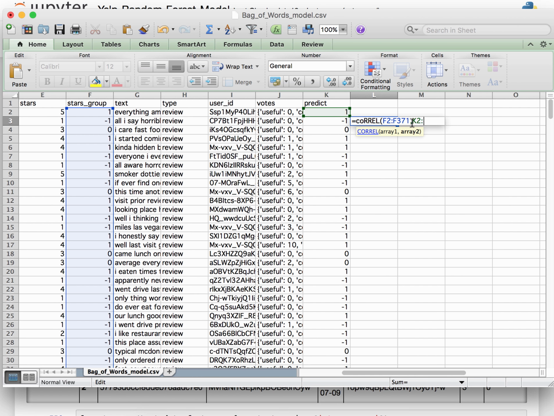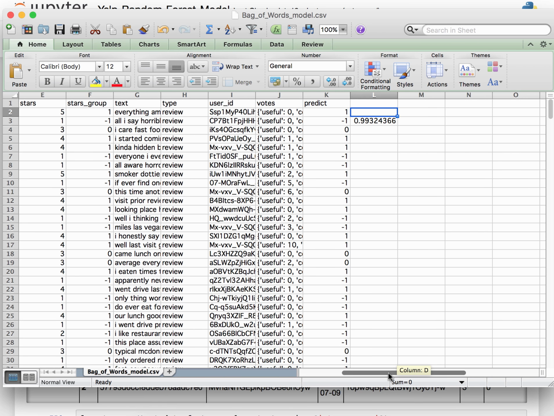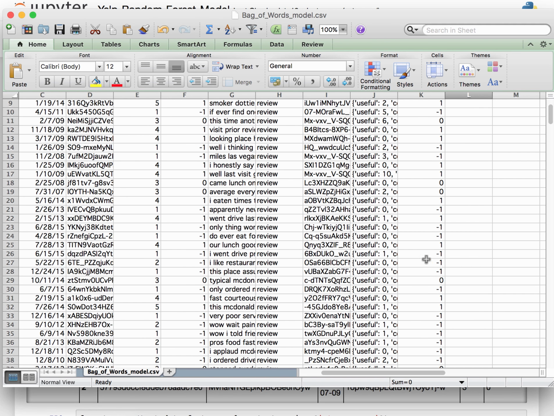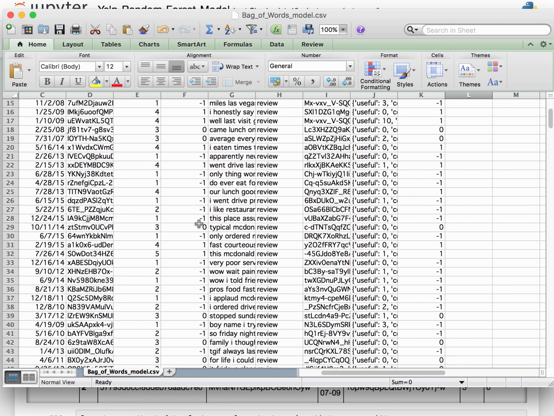Let's actually do this manually, it's easier. Okay, so the correlation that we get is 0.993, which is extremely high. And you can run regressions and etc. here on the predicted and the stars group, but just visually looking at the two, the predicted and the actual,